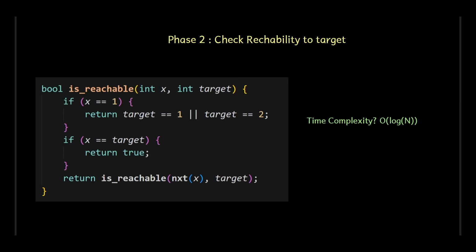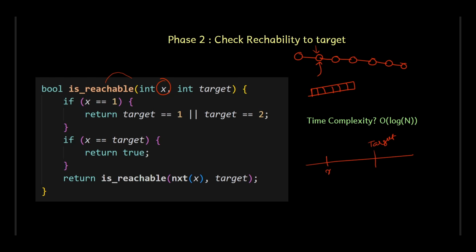Now again, we have already discussed that you will pick the minima and you will trace the path that the minima takes to reach 1. But then whatever candidate that you pick, it is possible that not all the array elements will actually pass through this. So first of all, you figure out, can this x reach this target? And how do you do this? So you know that if the target is on the right hand side, and x is over here, then it's not possible, unless the situation is that you want to reach 1 from 2,